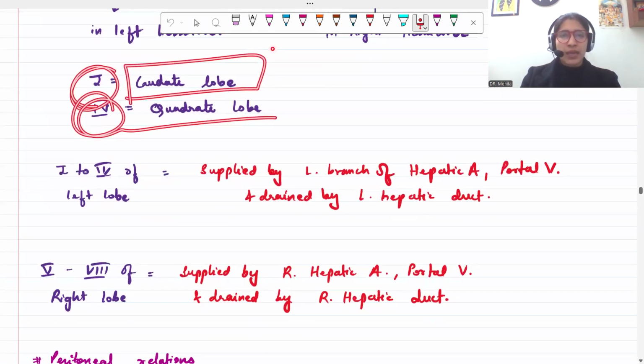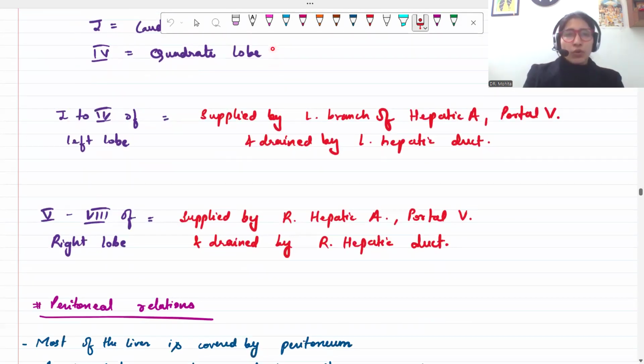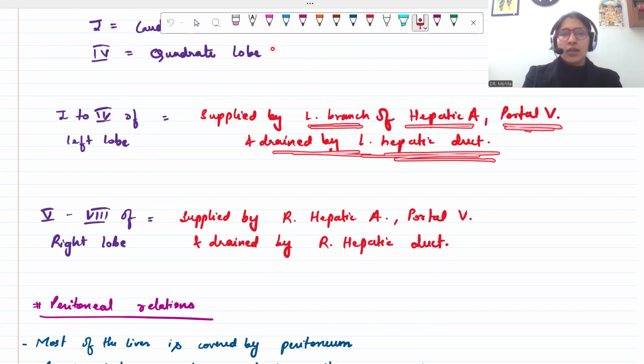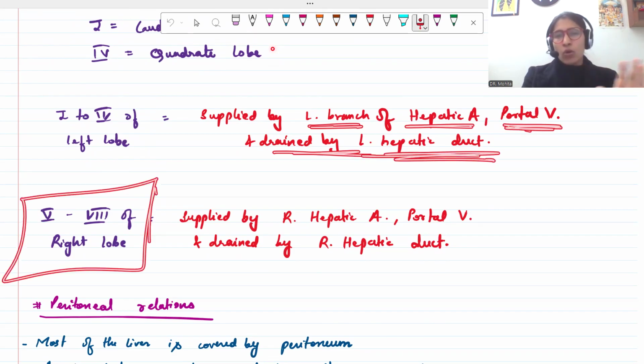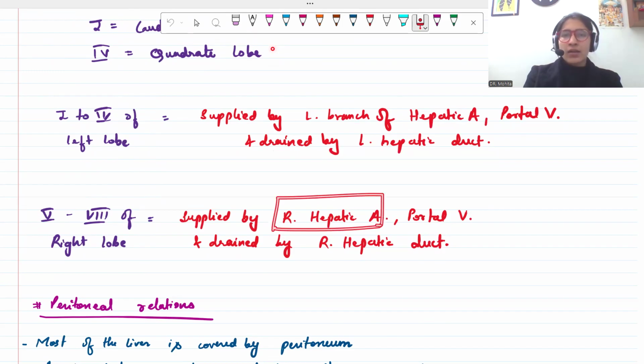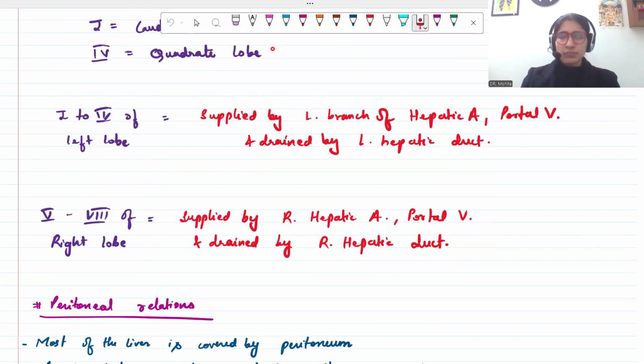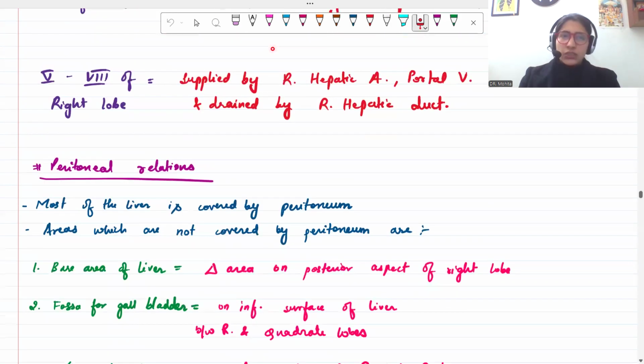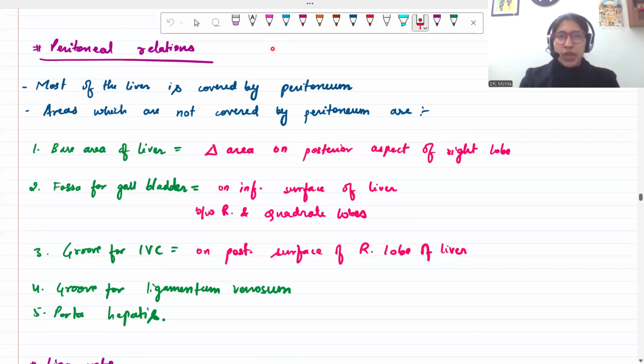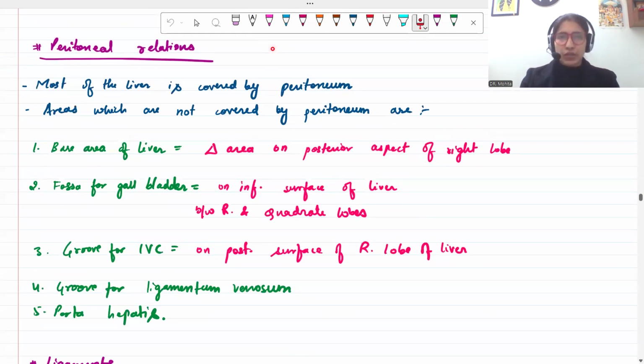Also, the whole of the left side is supplied by the left branch of the hepatic artery and portal vein, and drained by the left hepatic duct. And on the right side, they are all supplied by the right hepatic artery and portal vein, and drained by the right hepatic duct. If these things make sense now, let us move forward because we have to talk about peritoneal relations,